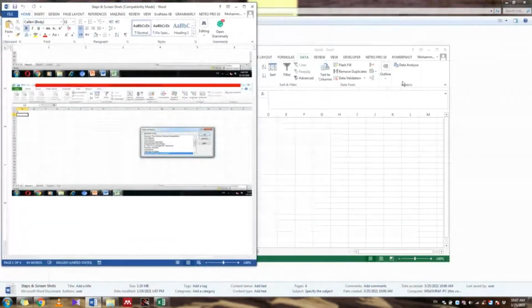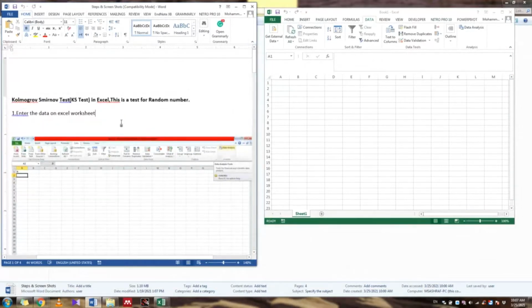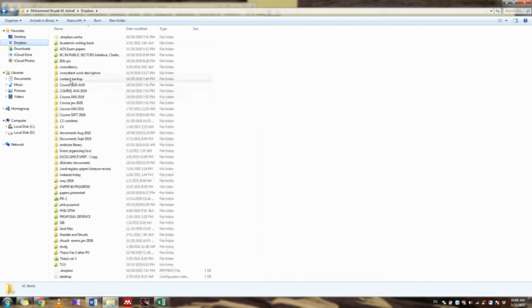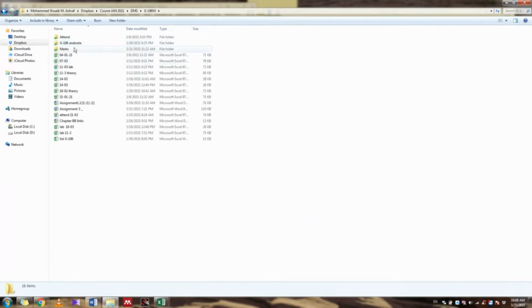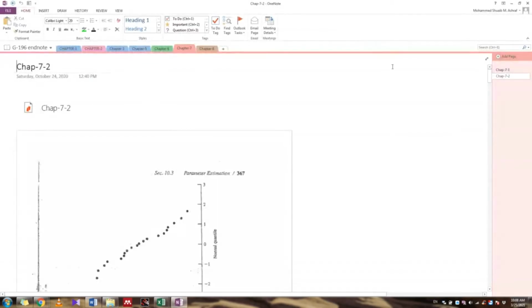Okay, I will open this here and I will open this here. Now see here in step number 1, you have to check the Kolmogorov-Smirnov. In the last class, we have one table, we have solved the Kolmogorov-Smirnov in the class, chapter number 6.